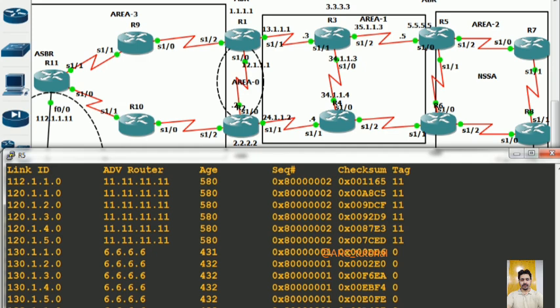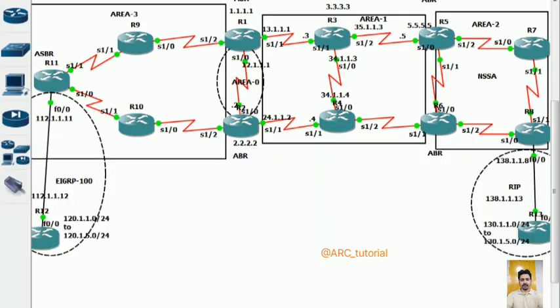Tell me, it means the translation is done by R6. Fine. Now if you move on R11,